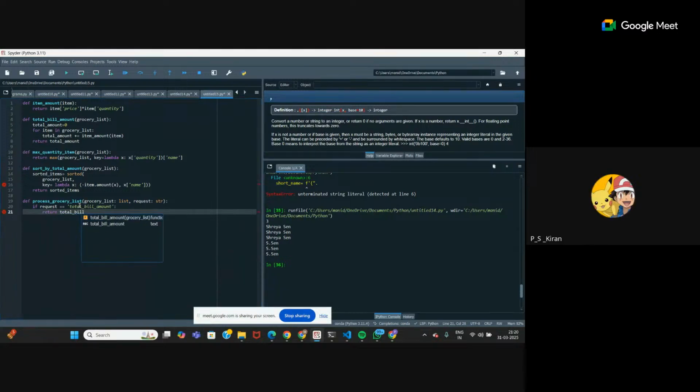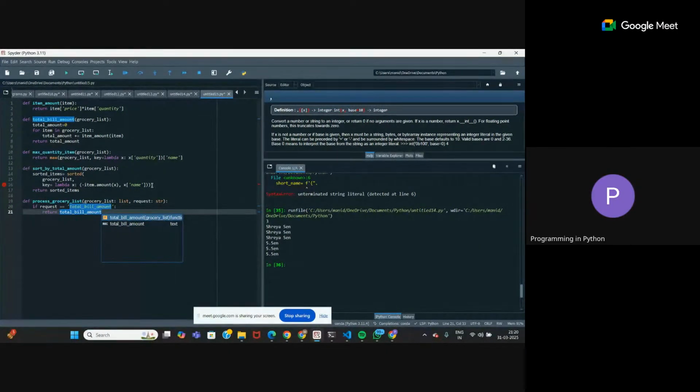Ma'am, yeah, I think there is an error in the 16th line. It should be item underscore amount, no? Have I missed any brackets? Item underscore amount, the function name is... Item dot amount. Yeah, here. No, line number 16.